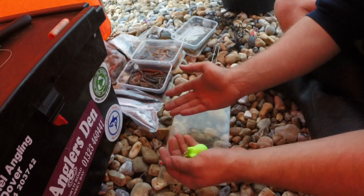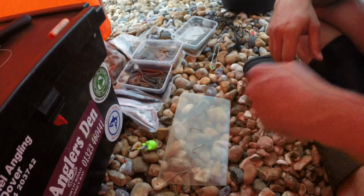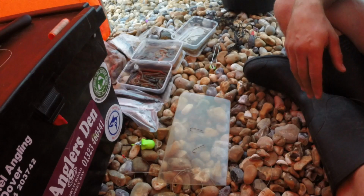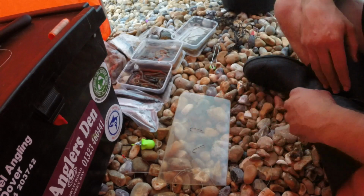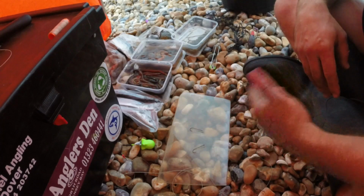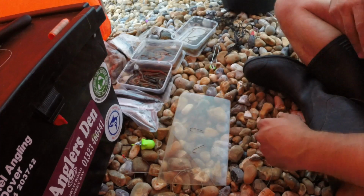Obviously, once we start fishing, the tide's going to be on the last bit of the receding tide, the ebb, and there might not be as much tidal pull. So we're going to use the rolling lead to roll around to search out the fish. So what I'm going to do on